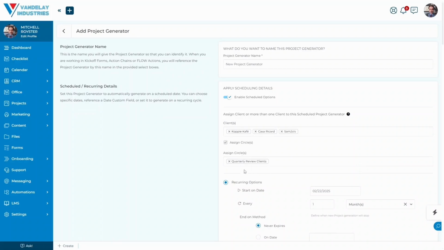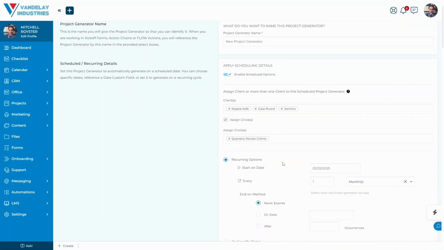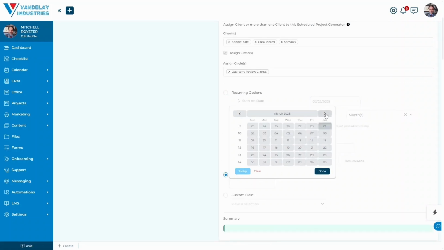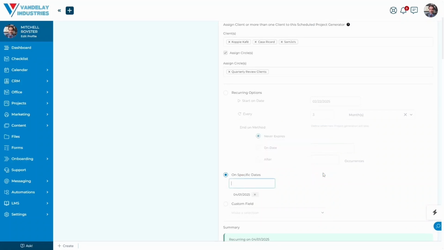Assign that particular circle to this project generator. And then in the recurring options down here, you could set the generation date for every 3 months, let's say. You could also, if you wanted to standardize something like that regarding the time frames, you could say specific dates. You could set the first generation date as, for example, in this case, April 1st, since we're heading into Q2,